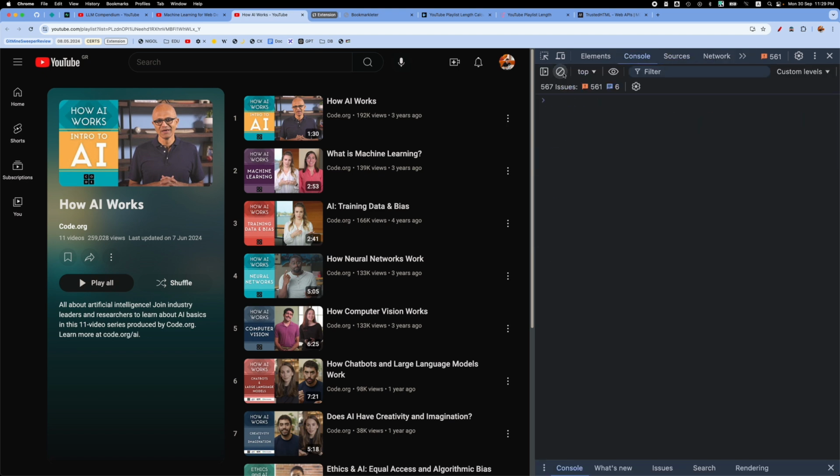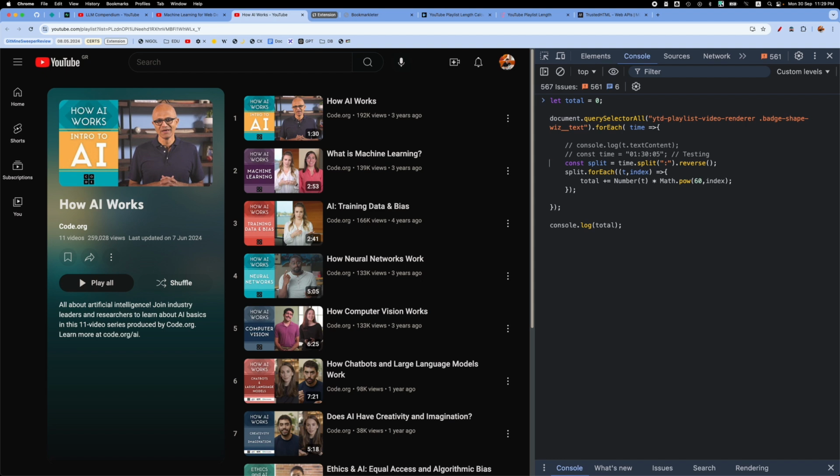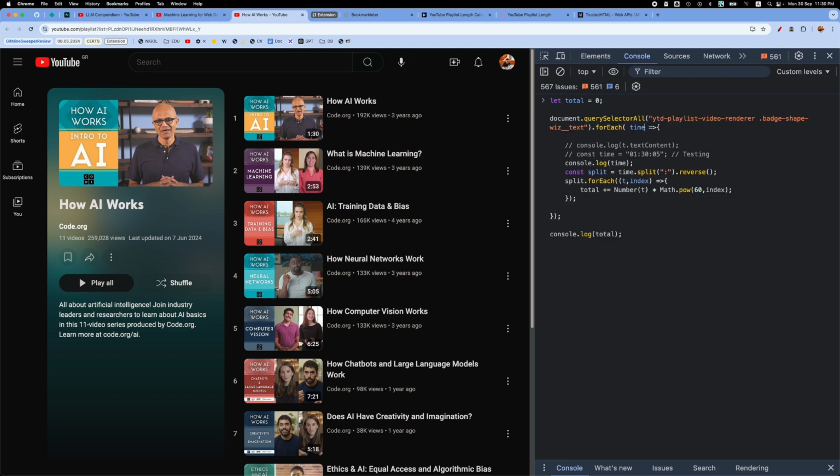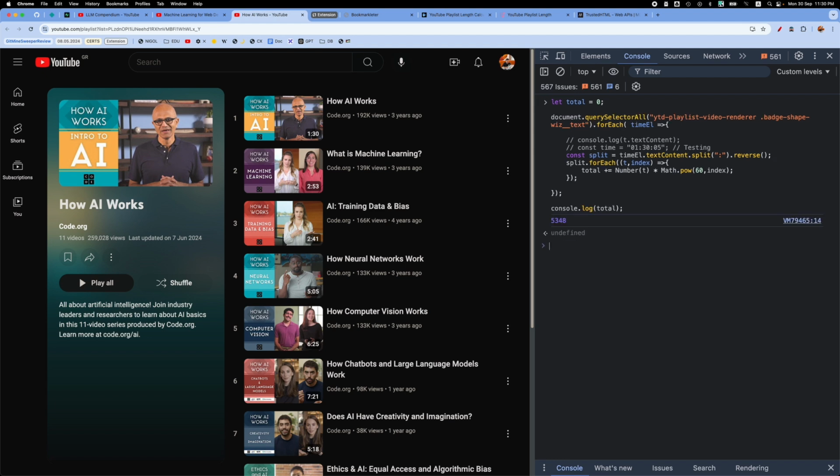Let's see what happened. Okay, let's debug this. I will console log time here to see why. Okay, that's because time is not the content, it's the whole element. So which means I have to change my code and say this is the time element, and then time will be time element text content. So get the element, and through the element get the text content. Okay, I get